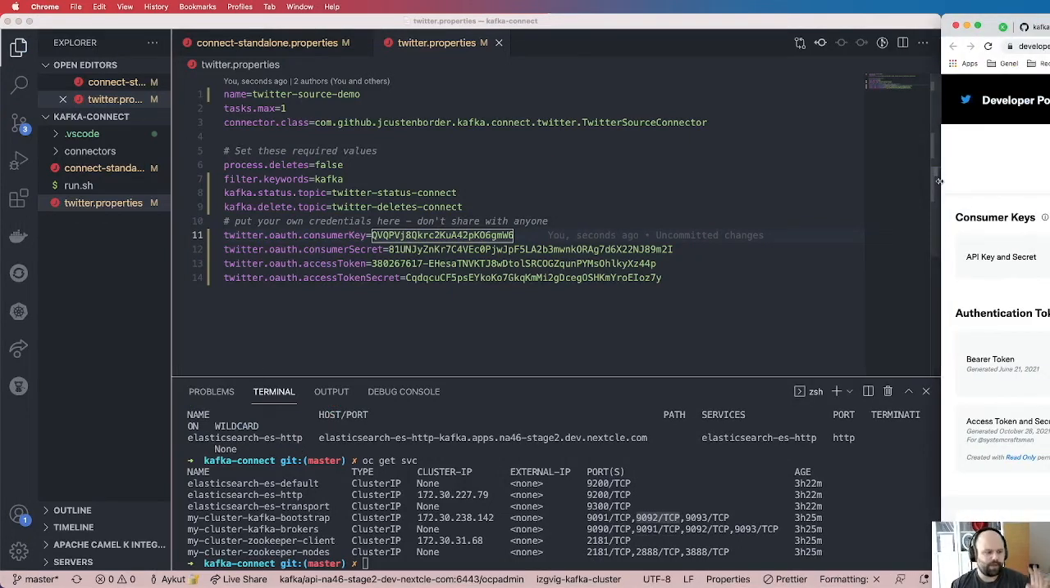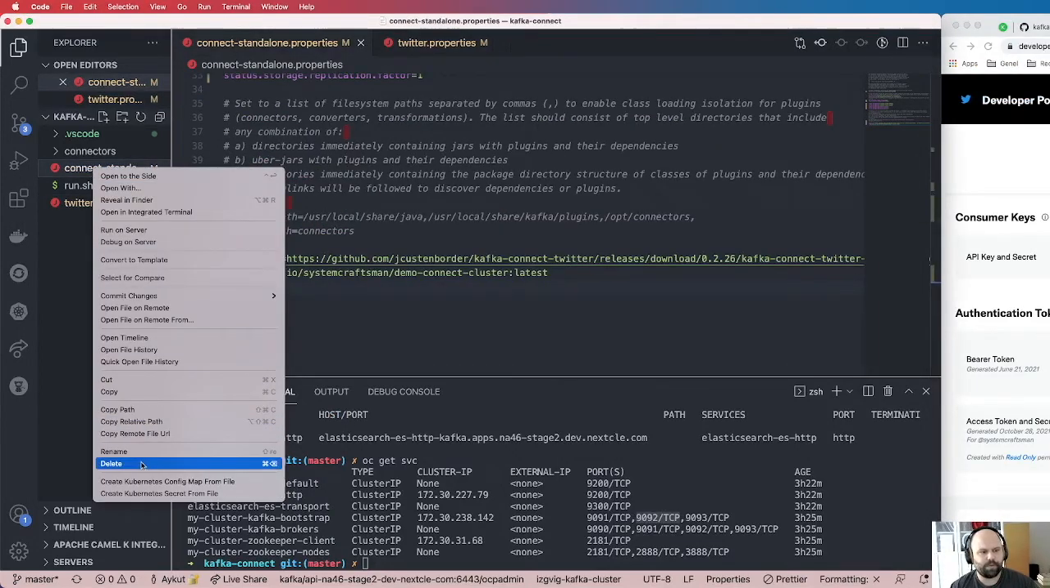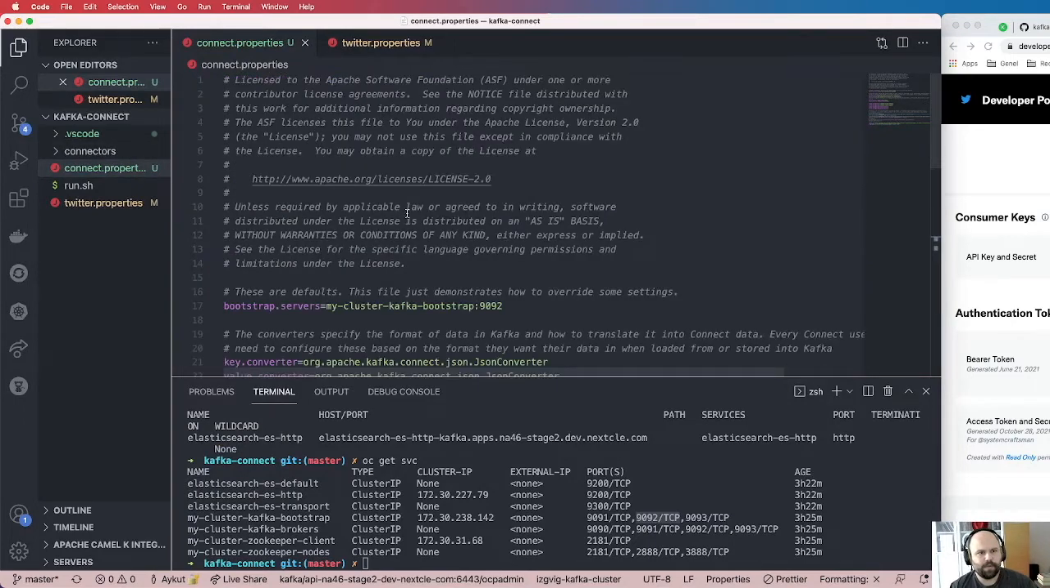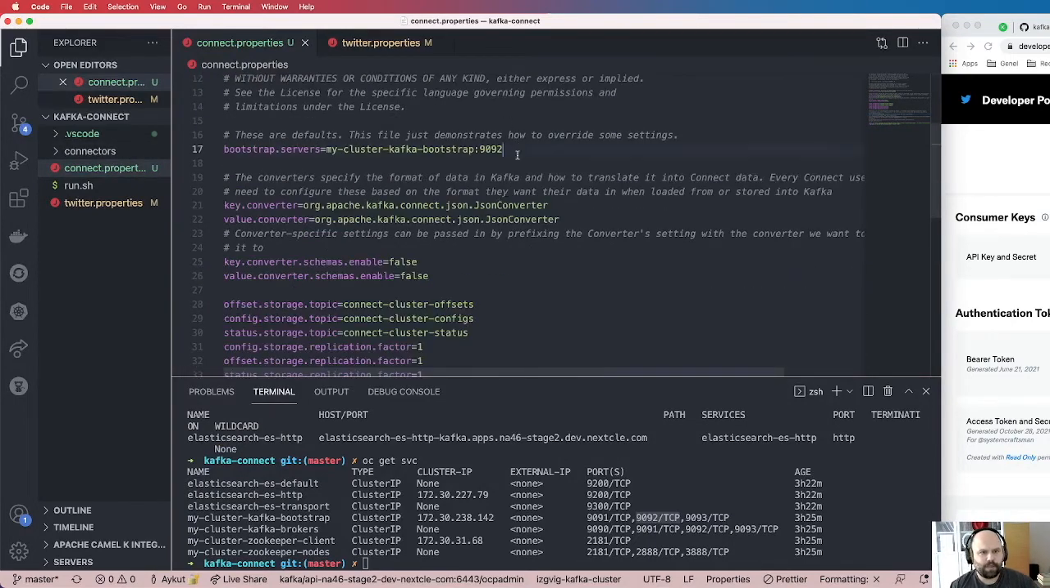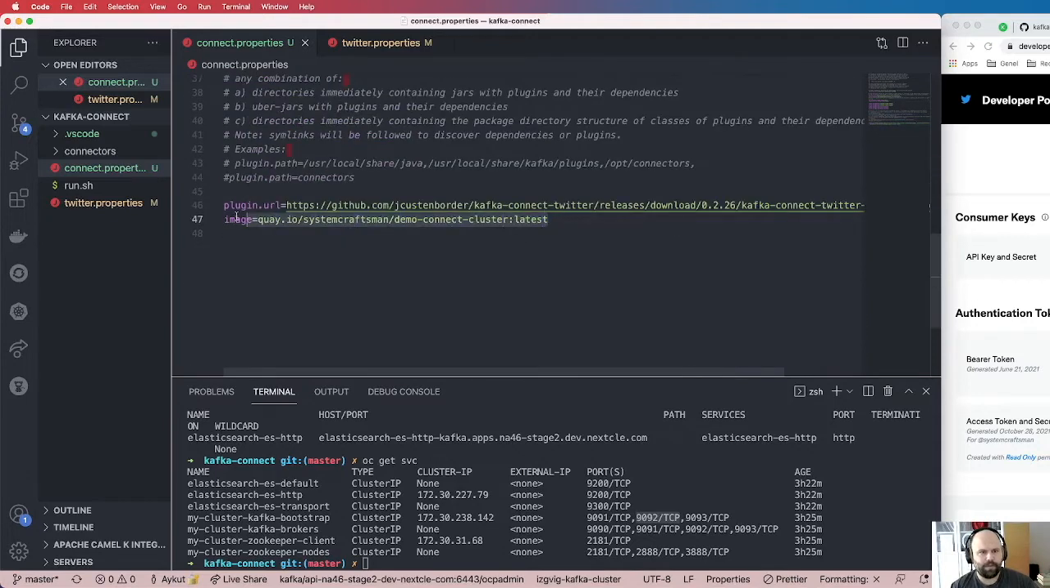Okay, we have the Kafka Connect configuration. Let's change its name to Connect properties, because it's not a standalone one. And let's check our configuration, like here. Okay, we have the